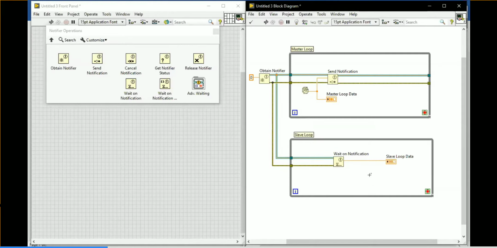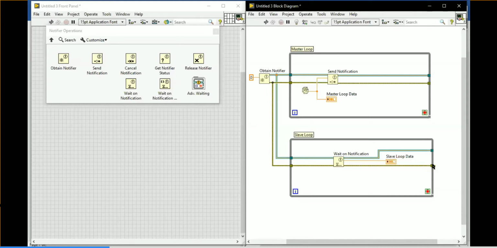Why are you getting the broken run arrow? Tell me why. You are getting the broken run arrow in our program. The broken run arrow appears because the stop button is not connected here. So how to solve the broken run arrow problem? Because I am going to use only one stop control to terminate both the loops in the program.